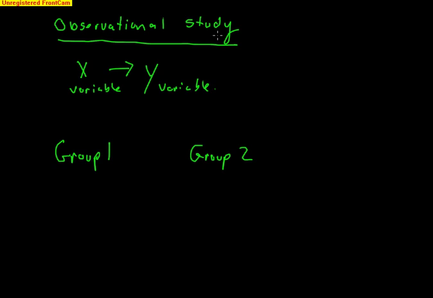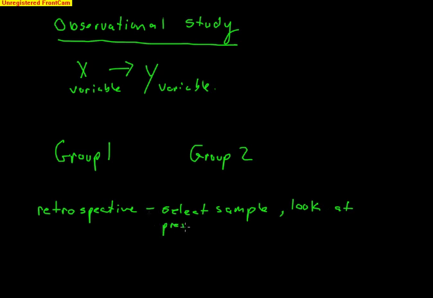There are two types of observational studies. The first one is retrospective. In a retrospective observational study, you select your sample, and all these definitions are in your book, by the way, if you feel more comfortable looking in there. You select your subjects, and then you look at previous behaviors or conditions. So in my example of students working, what we would do is we would select a large